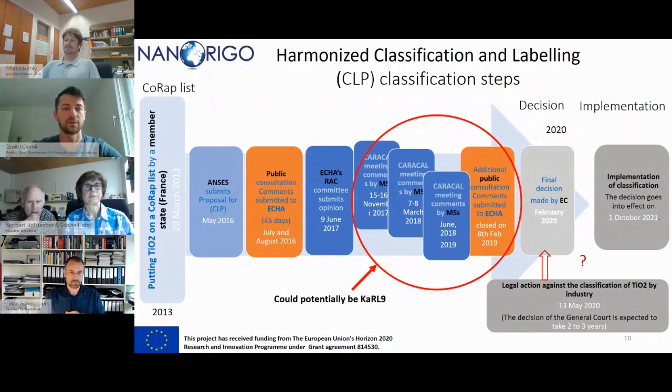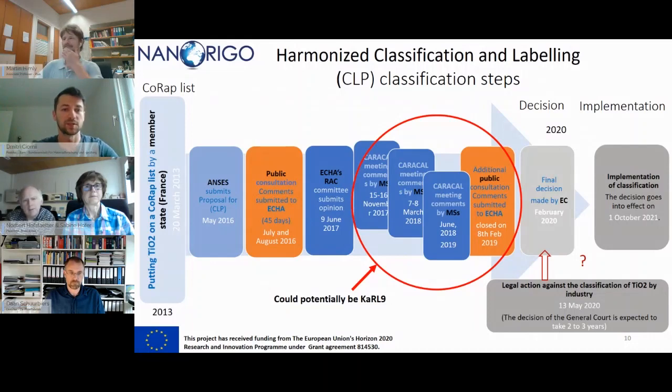And here we have, do not be scared of this scheme. It is the whole process of classification of titanium dioxide, which started in 2013 by a member state, France, which wanted to put titanium dioxide on the special list for evaluating or re-evaluating its carcinogenicity, so its classification, how should it be classified. And after a series of processes, you can see, which took many years, we had public consultations,